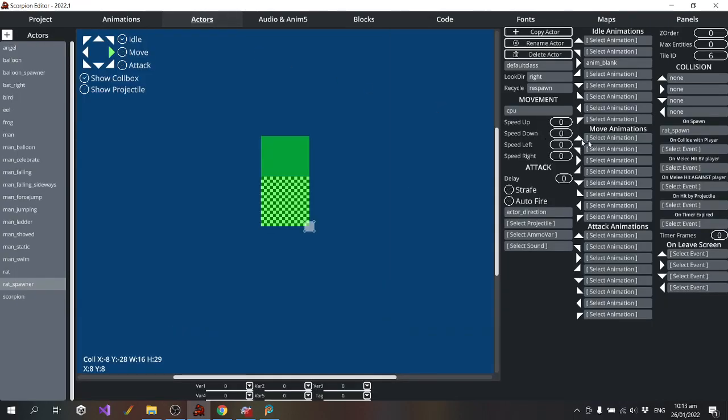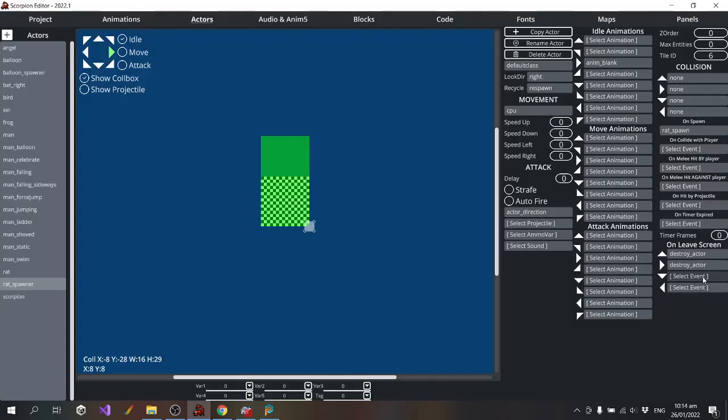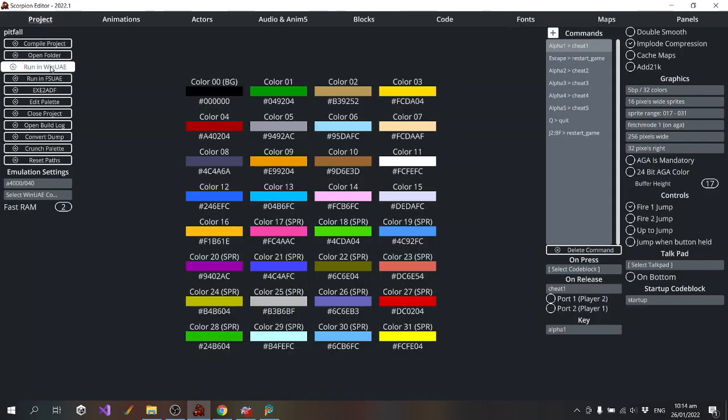So I don't think it's always running that. So I'll just make it destroy whenever this moves off screen so that it should respawn straight away.